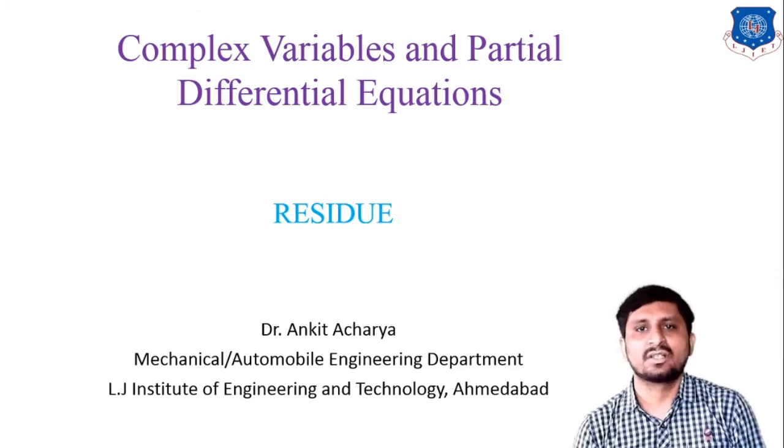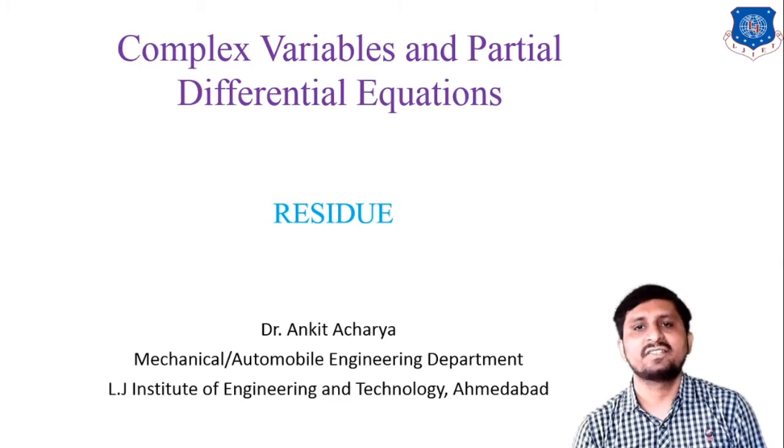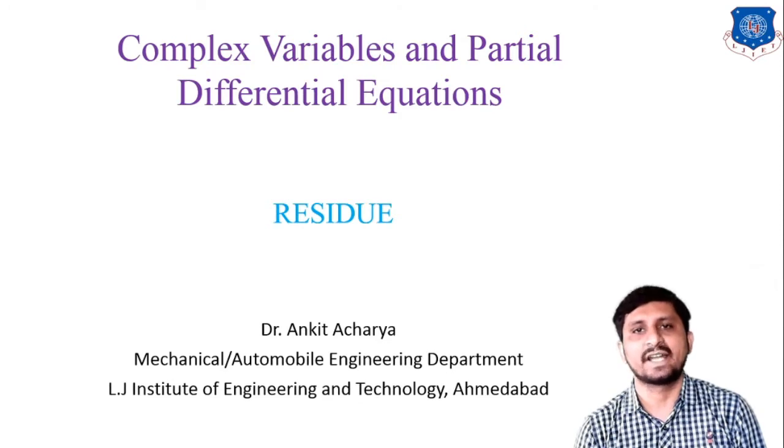From the last two lectures, if you remember, we discussed singularities and types of singularities, and we solved so many examples related to types of singularity. So this is our next topic, residue. If you remember, I already told you that if you can express any function f of z in a Laurent series, the coefficient of 1 upon z minus z0 is exactly the residue of f of z at point z0. So this is the first definition that we will discuss.